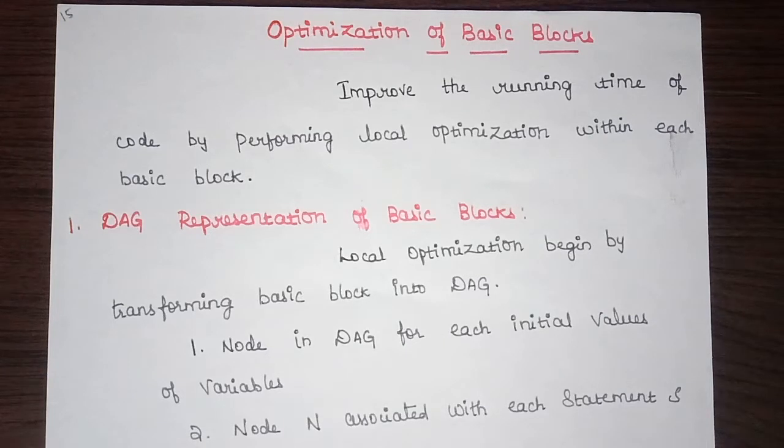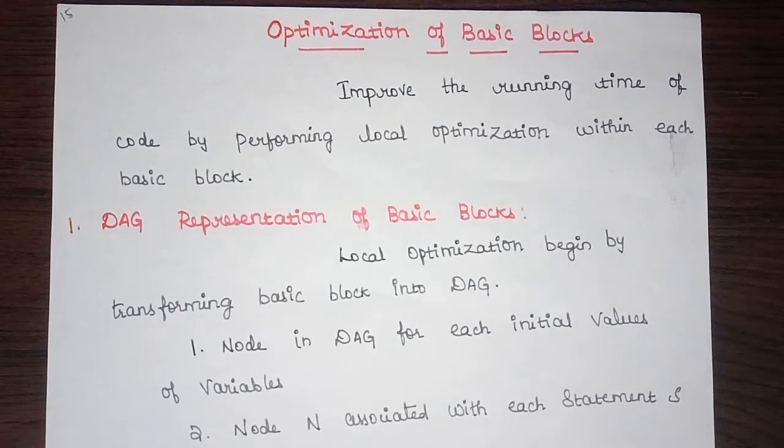We'll be performing this optimization, and it can be done in two ways. One is local optimization and the next one is global optimization. Local optimization means we are performing optimization within a basic block by itself. Coming to global optimization, we look at the information flowing from one basic block to another, or the information among basic blocks of the program. That is what is generally referred to as global optimization.